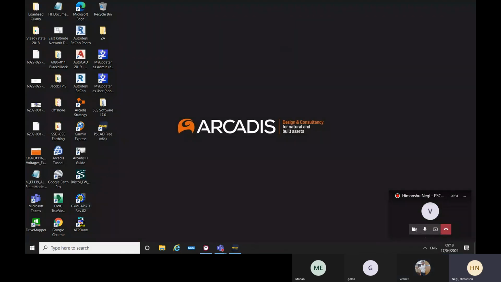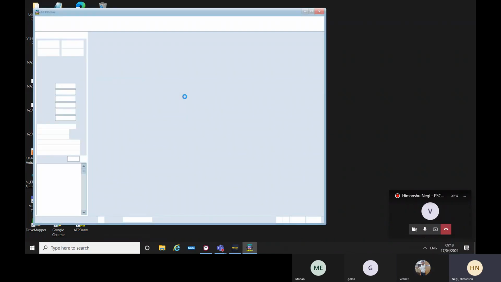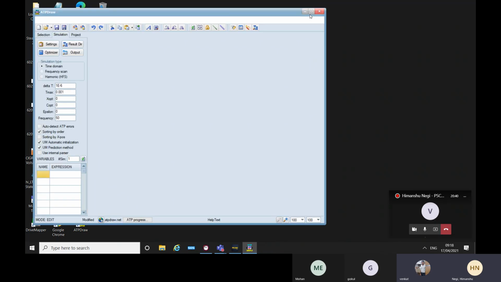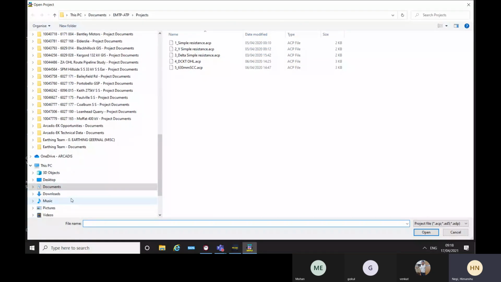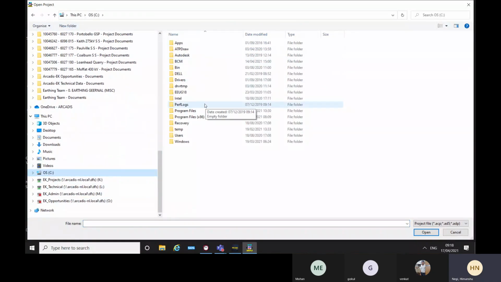There is a good ATP example. If you have this software, it's hard to understand because it is not nice. I tried to learn this on my own, but I basically went nowhere. So I just wanted to show you that example. I can send you this example if you have the